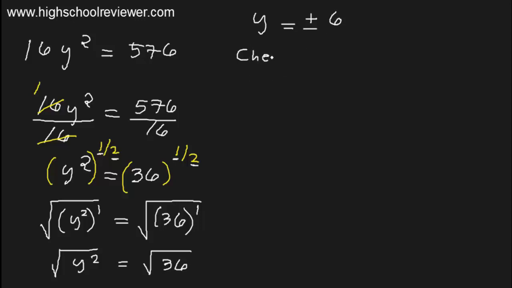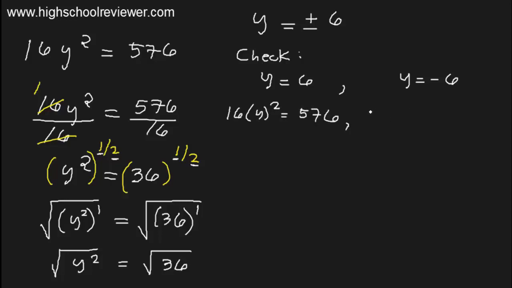And then let us check. So we have here the first value, y equals positive 6. And we have another value, y equals negative 6. Our equation, we have 16 y squared equals 576. And this will be 16 y squared equals